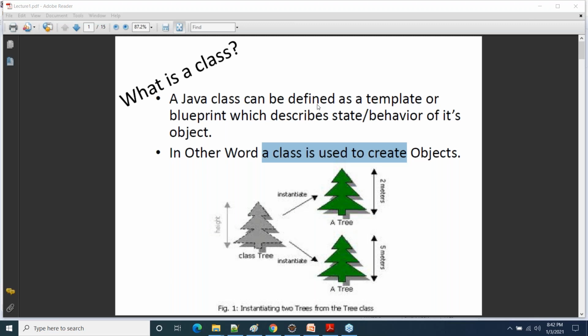So now understand it very carefully. Class is nothing but a classification. When you create a class, you define the classification of the object that you will be creating for the class. When you define the classification, you mention what will be the state. State means data: what kind of data the object of that class is going to have, and what kind of functionality the object of that particular class is going to perform. Is that clear now? Anybody have any doubt, please ask.